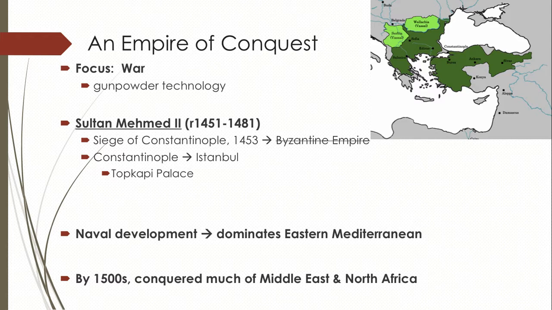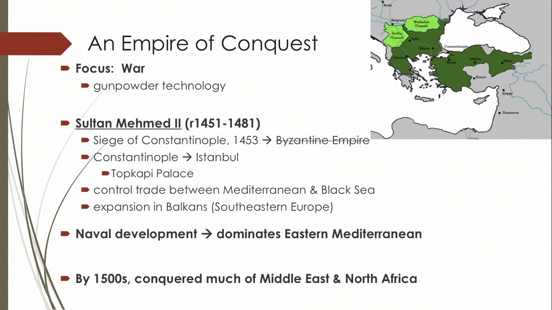Constantinople is going to be renamed by the Turks as the city of Istanbul, which I believe means the great city or the city. Not a lot of creativity there, but because of Constantinople's importance politically, but also economically, it becomes the center of the Ottoman state itself. So the sultans of the Ottoman Empire, they're going to locate their key palace here in Istanbul, formerly Constantinople, what becomes known as the Palace of Topkapi, or Topkapi Palace. And from there, at